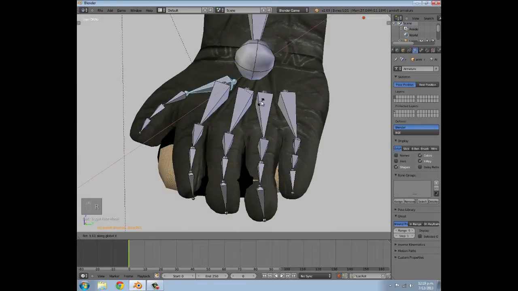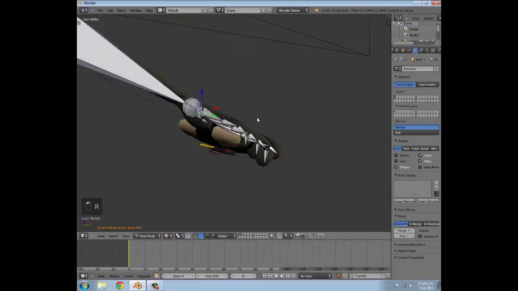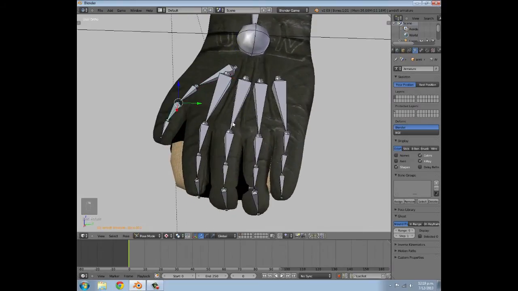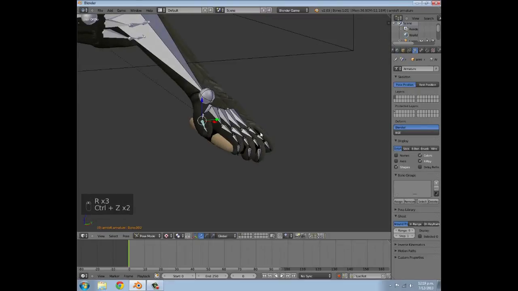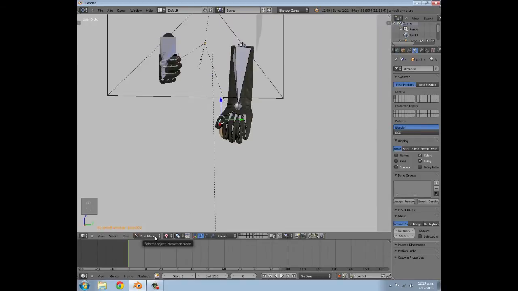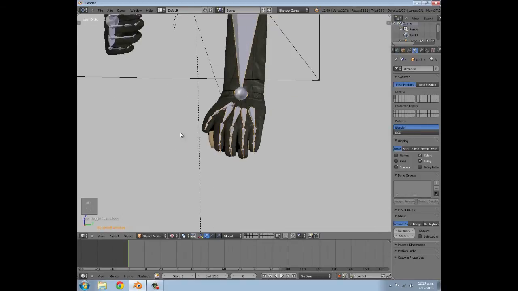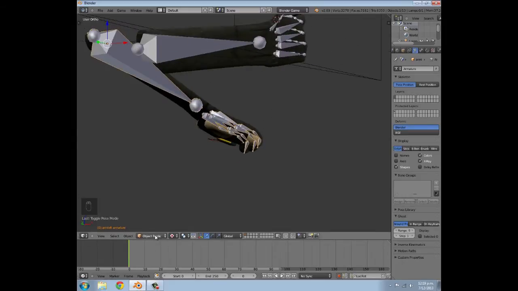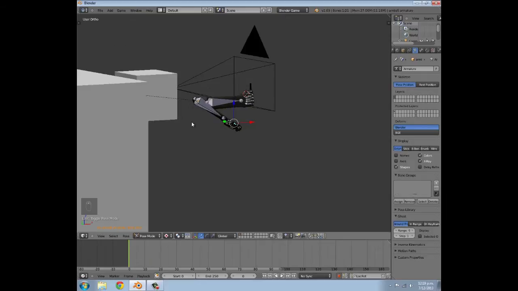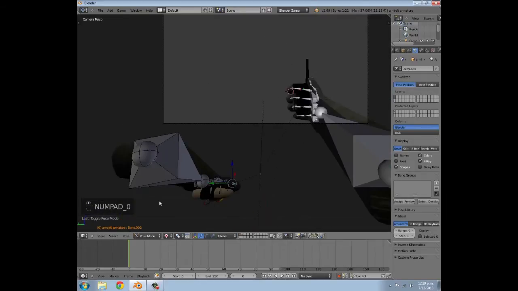So right here, RX, and I'm just going to have it holding sort of loosely on the side. If you want to, I guess we can press RY and rotate it in a bit more, although I'm just going to leave that, otherwise it looks like it's going through. So after you're done with that, go back to object mode. Actually no, we can leave that. Now we want to, I think, in the other one I had it going up to frame 40, so